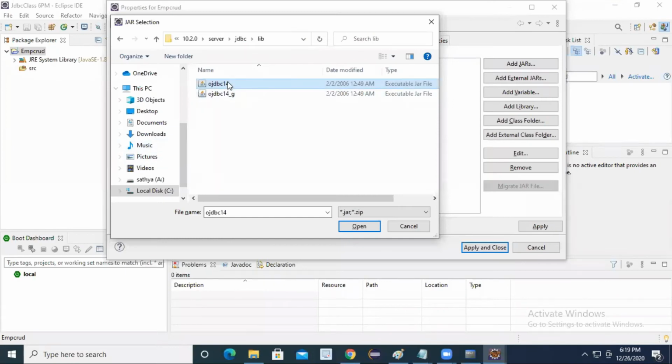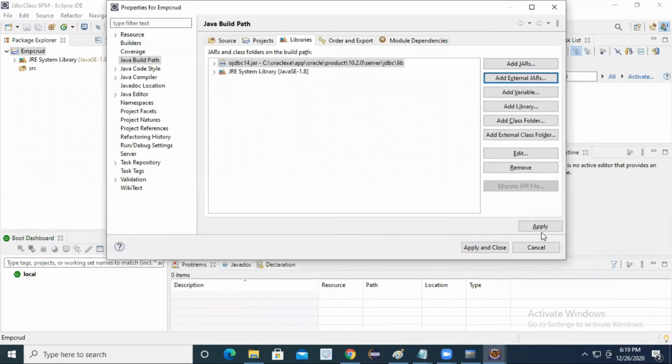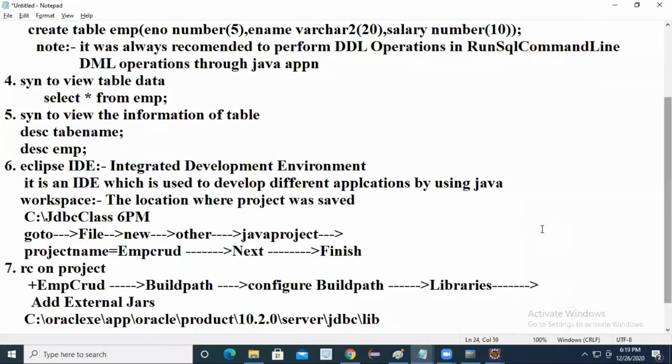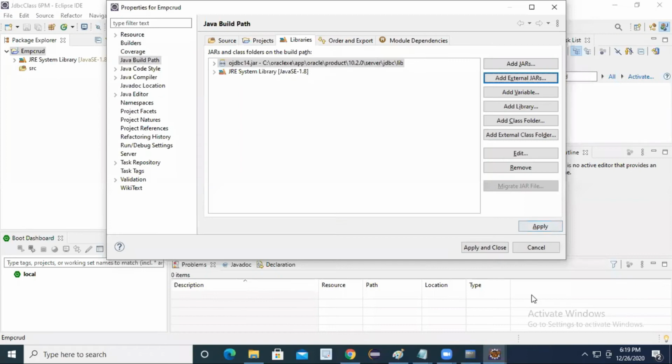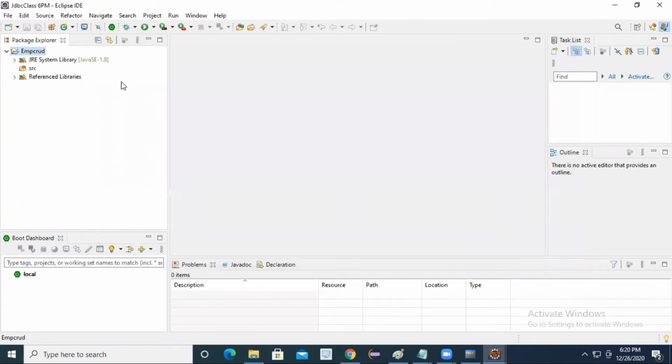Select the first one, OJDBC14. Click on open. Are you following, everyone? Click on Apply, then Apply and Close. Okay.